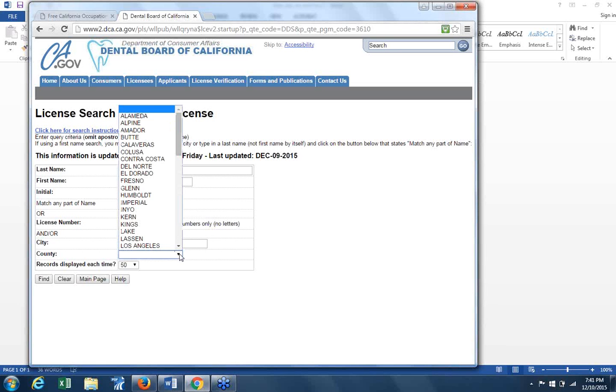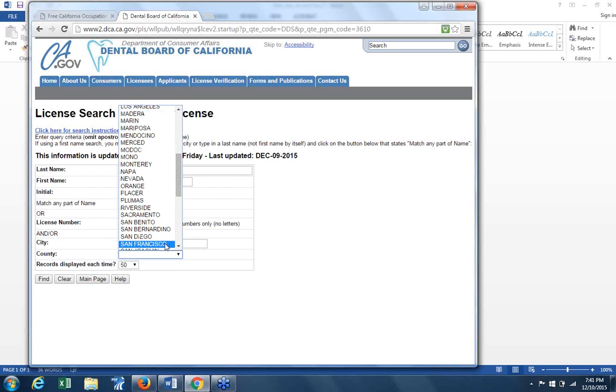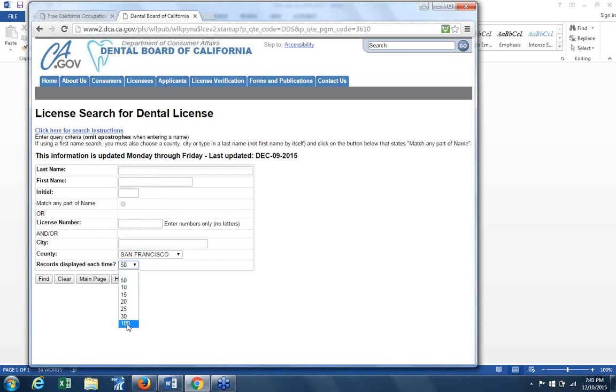I'm going to just put in here Los Angeles. No, let's put in San Francisco. Let's just kind of stick with it. So you've got a theme. Okay, San Francisco, I'm going to ask for 100 records at a time to show up. Fine. And it's this easy, folks, with any of these records. Give it a minute to load up.